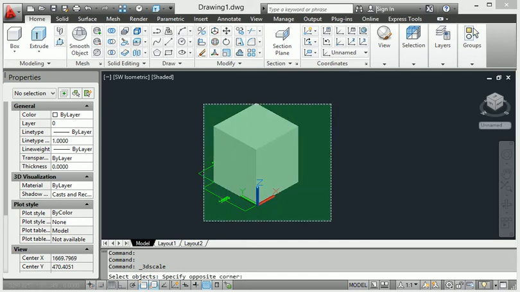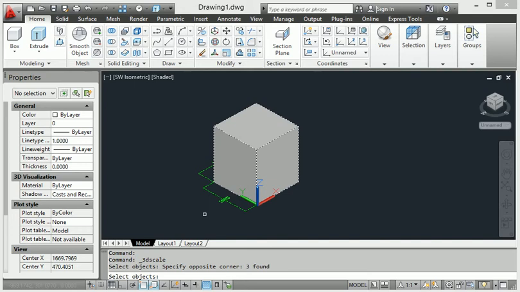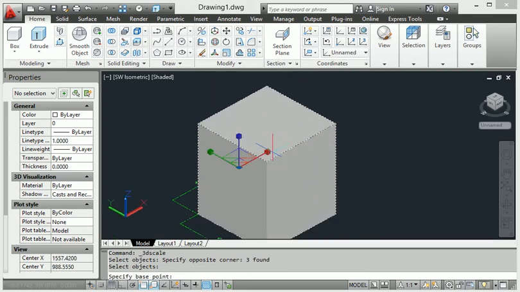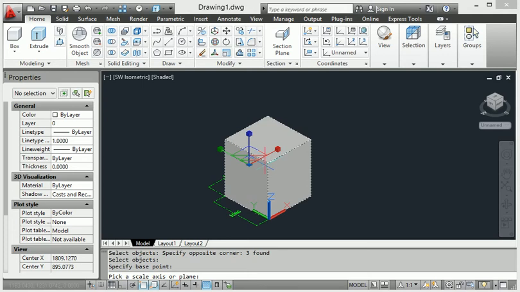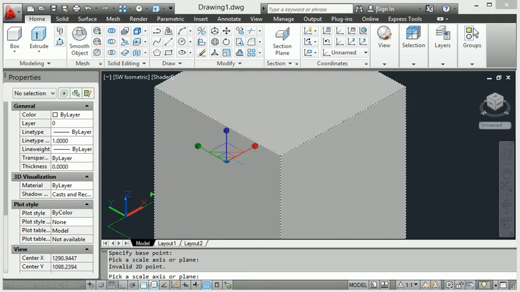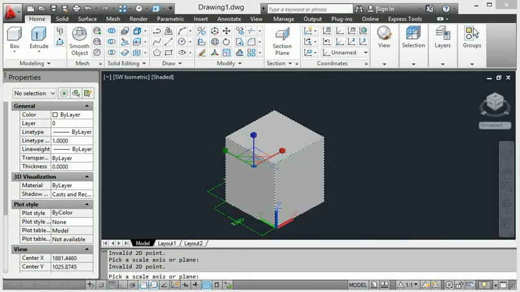When I enter 3D scale, then select this body and press enter again, and select the area where you want to scale. This particular point you have to select. Then also select the body, anywhere, here, and select the body here.